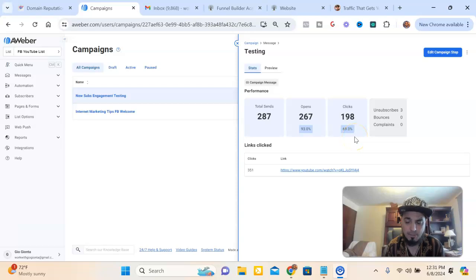So this is a new domain that I'm warming up. So I pretty much suggest that people warm up their domains before they actually start sending out emails, so you could get a high open rate and so that your emails can land in the inbox. And a lot of times people aren't checking this stuff.